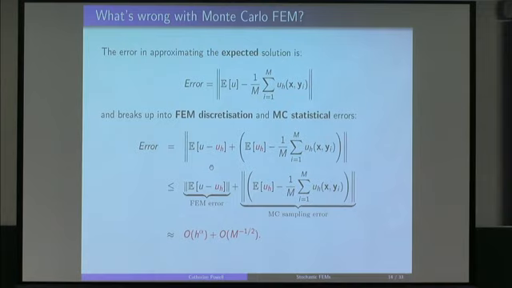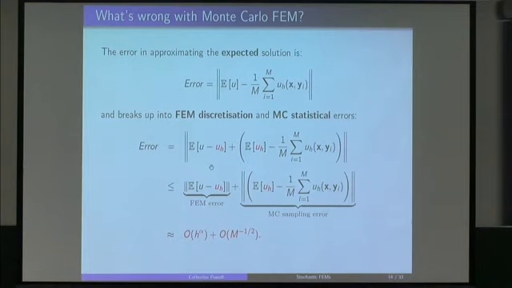When people say what's wrong with Monte Carlo, this is typically the thing that they're talking about. This error goes like 1 over the square root of the number of realizations. So this goes to 0 very slowly in terms of the number of samples M that you're taking. If you treat your computer code as a black box, you don't worry about this. So what is this? h, as I said, is telling you something about the finite element mesh that you've used, and there's some parameter here, alpha, which will be extremely problem dependent. So you'll make an error, which will depend on your problem, the nature, the structure, how complex it is, and the finite element mesh that you've chosen.